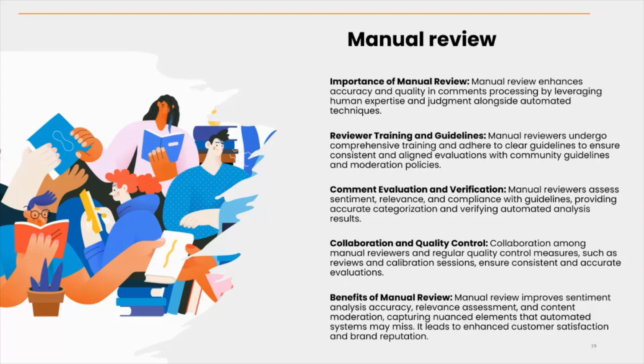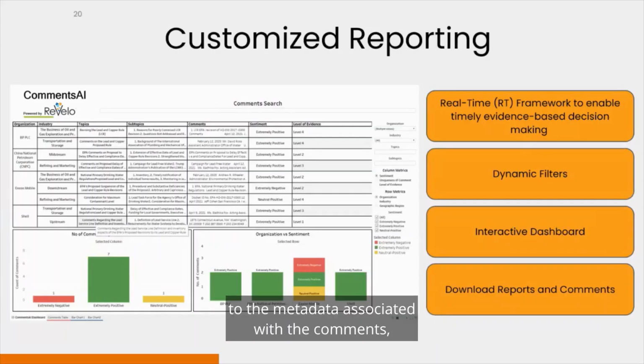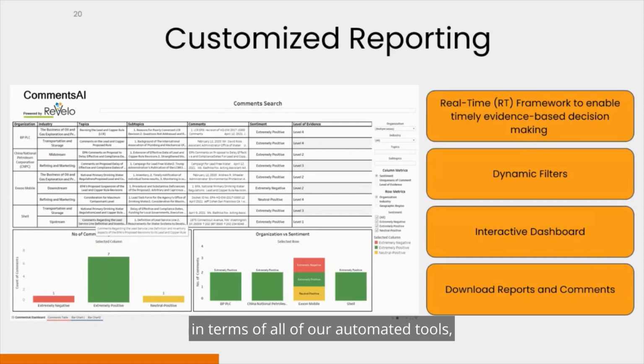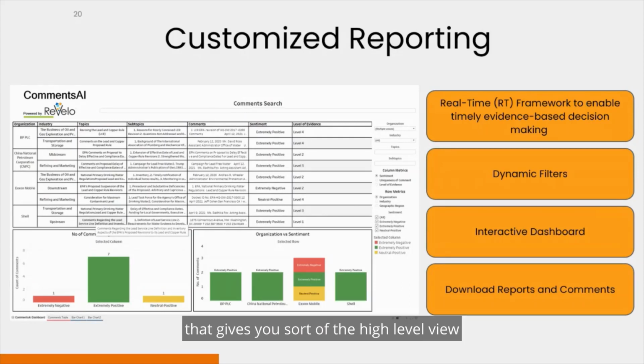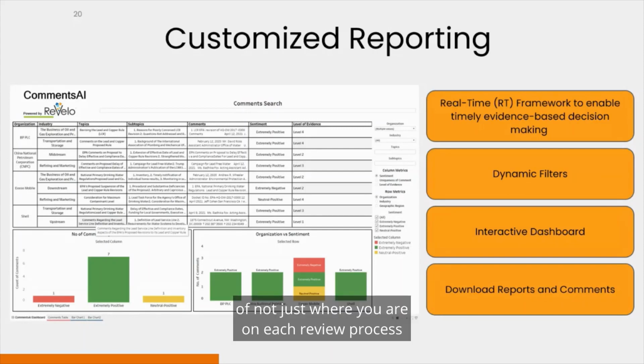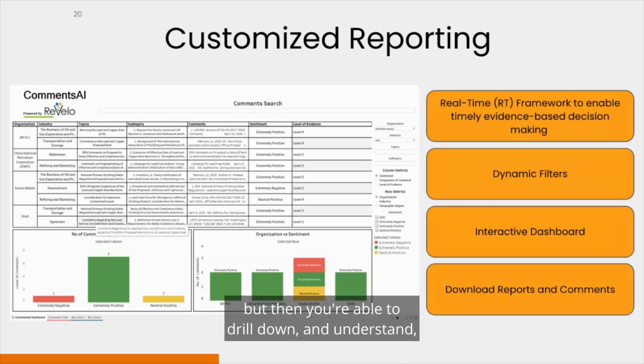Next slide. So given all of that information, from the comments to the metadata associated with the comments, in terms of all of our automated tools, and then manual review information, you're able to take all of that information and generate reports. And so this is just a view of the dashboard that gives you sort of the high level view of not just where you are on each review process, from a productivity perspective,